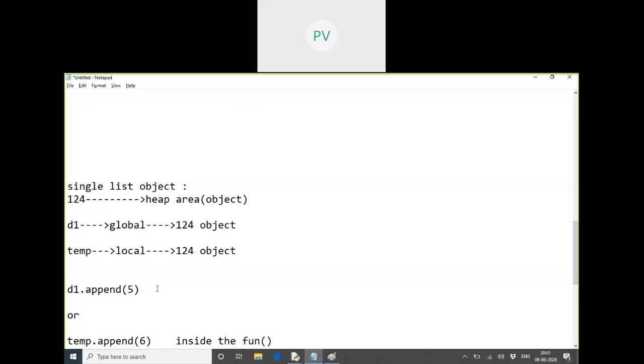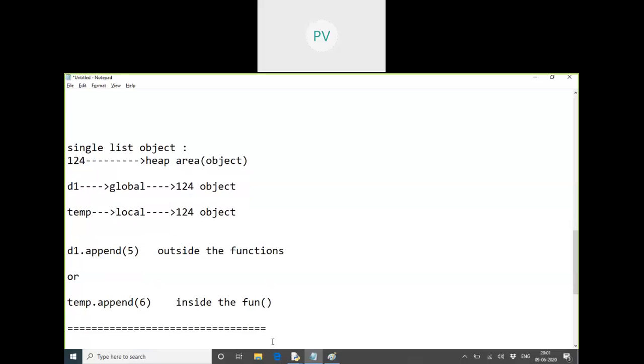This should be outside the function. But what are they going to change? What are they appending the values to? The object, ma'am. Both are appending the values to the single list object with 1 to 4.